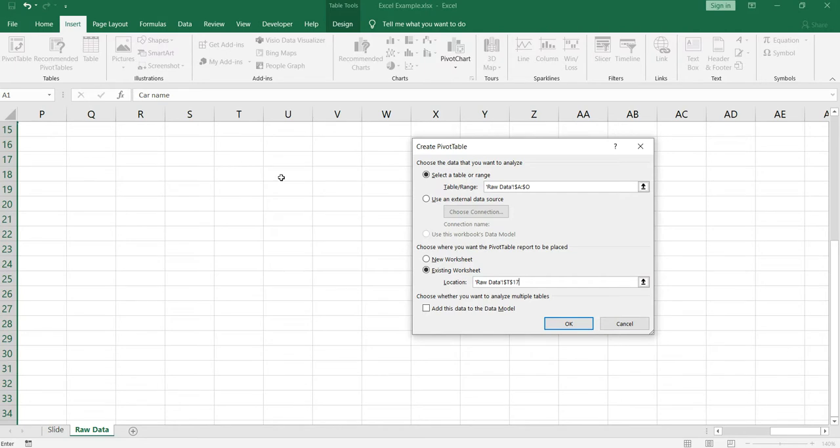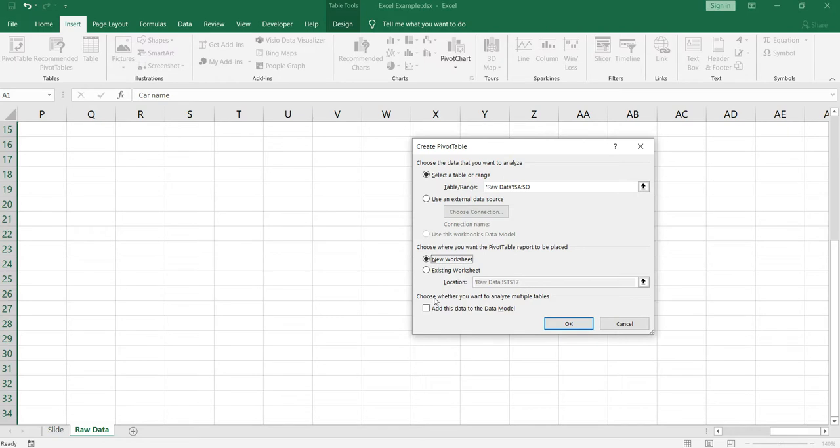But it's always a good practice to select new sheet so that you know which sheet is for your data and which sheet is your pivot table. If your data increases in columns, there might be an issue. Your pivot table will be there too, and you will have data on the left and the pivot table on the right. If you want to paste some new data in the right side columns, then you have to move the pivot table. So it's always better to select new sheet. Okay, then click on OK.